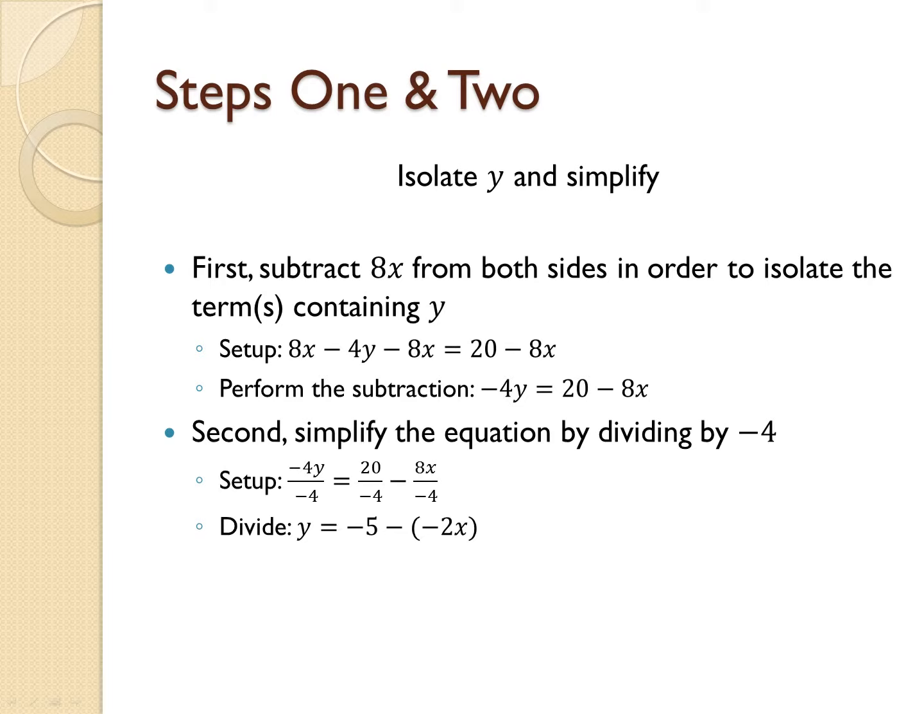However, we can now simplify because that negative in between the negative 5 and the negative 2x will distribute into 2x, thus making negative 2x a positive 2x. So, we get that y equals negative 5 plus 2x. Thus, our final result is